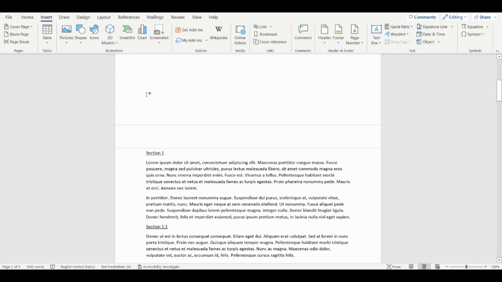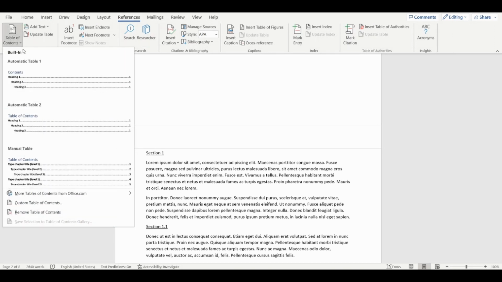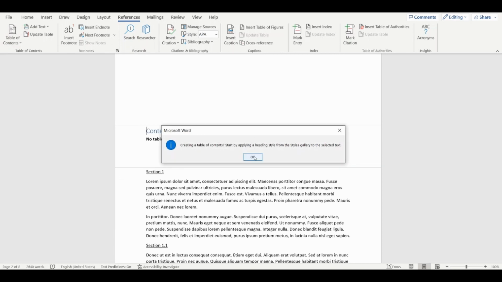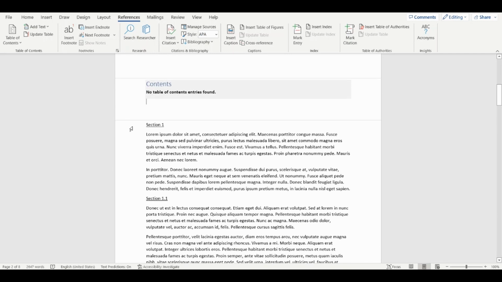And now to add in the table of contents, we go to References, Table of Contents, and we're going to select the first one. And right now it's telling us that we don't have any section headers, which is fine. To fix this, we're going to need to select the section header,